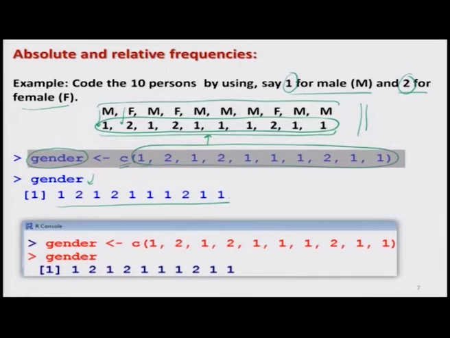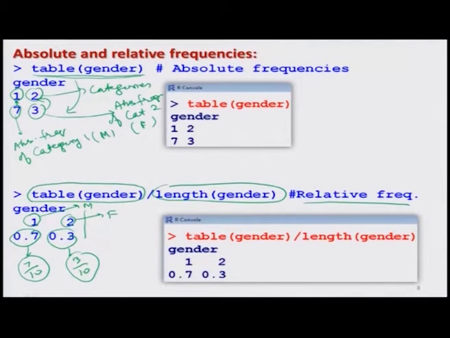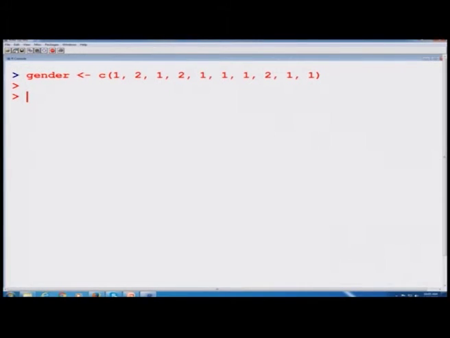So, first I try to create here a vector gender, and then you can see here this comes out to be gender. Now I try to create here table of gender. This gives you this thing.